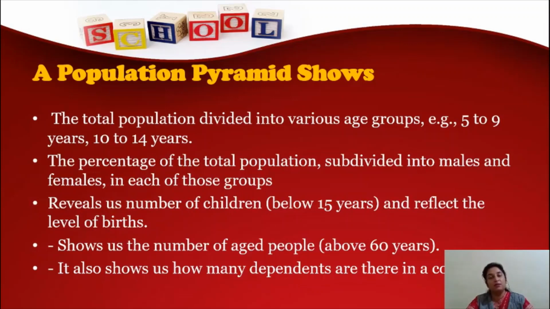Now, the dependents can be broadly classified into two groups, that is, the age group 0 to 14, under which the children fall, and the age group of 60 years and above, in which the old or the aged people fall. Now, both are dependents. Why? Because both these groups do not work, they do not earn, they're dependent on their family members for the fulfillment of their needs. All right. They are not economically independent. Hence, they are known as dependents, or they will come under the category of dependents.